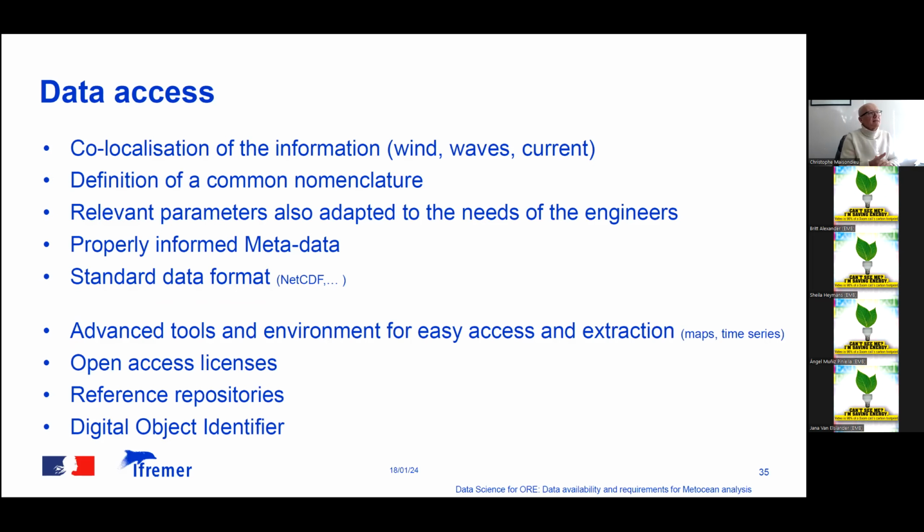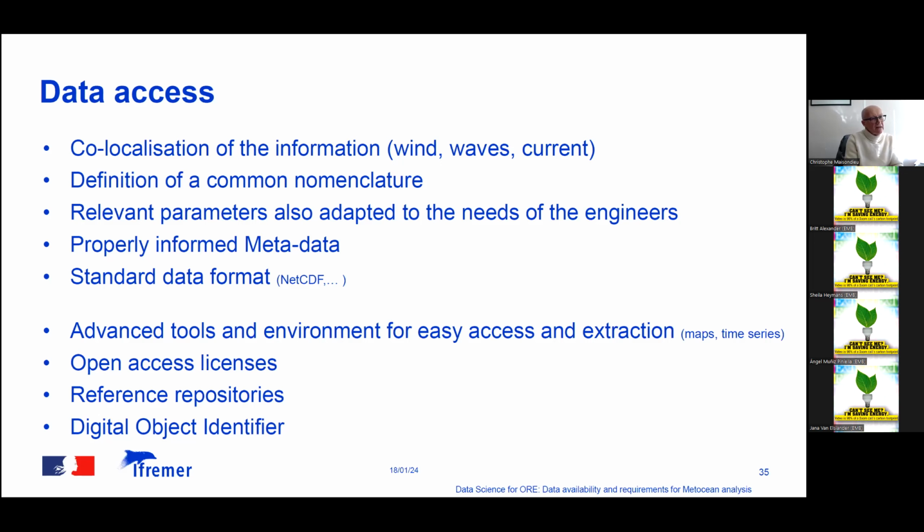Regarding data access, again, I would like to insist on the fact that information should combine wind, wave, and current and be co-localized on the same location. We need to make sure that we have a common nomenclature for all the parameters that we use, that these parameters are also adapted to the needs of the engineers, so that they can be really used. The metadata associated with the databases should be properly informed, and we should use standard data format to facilitate